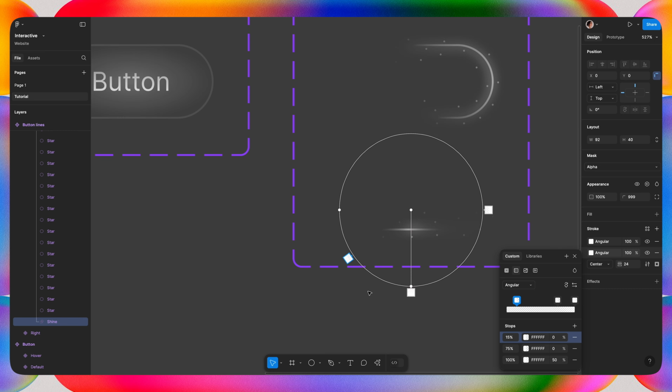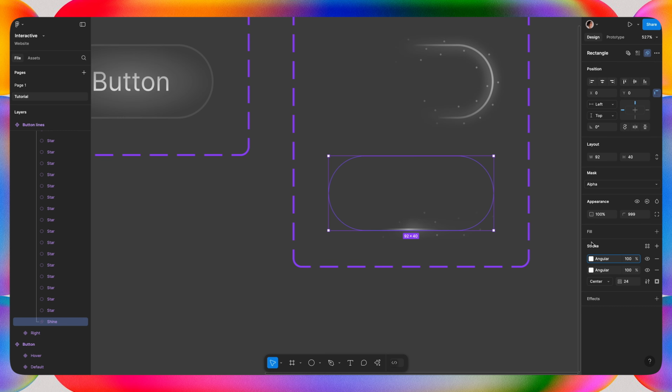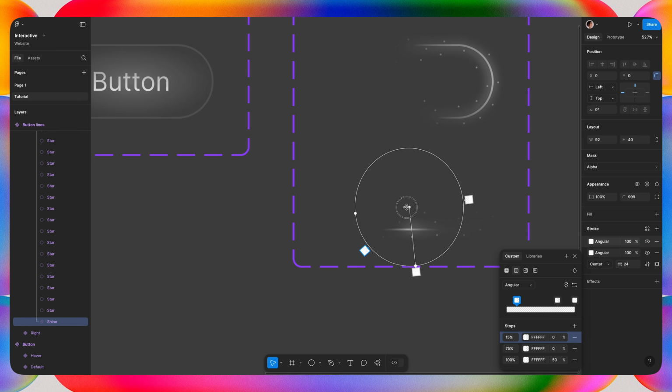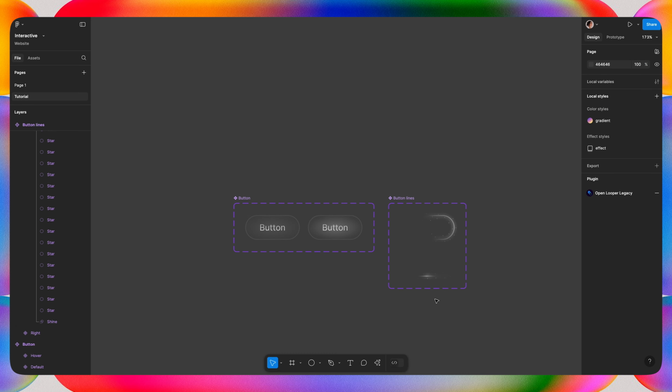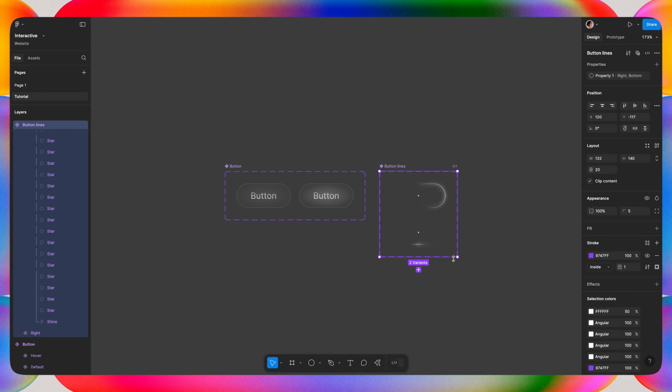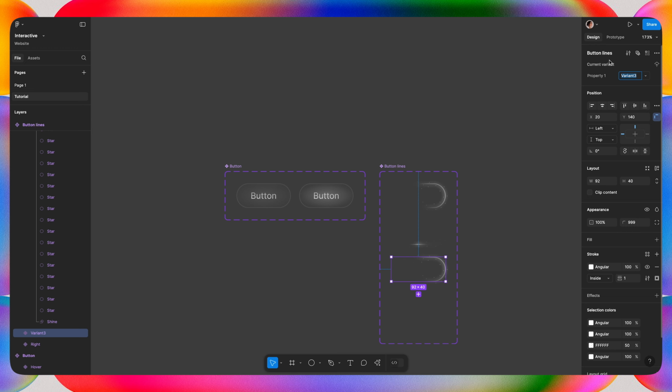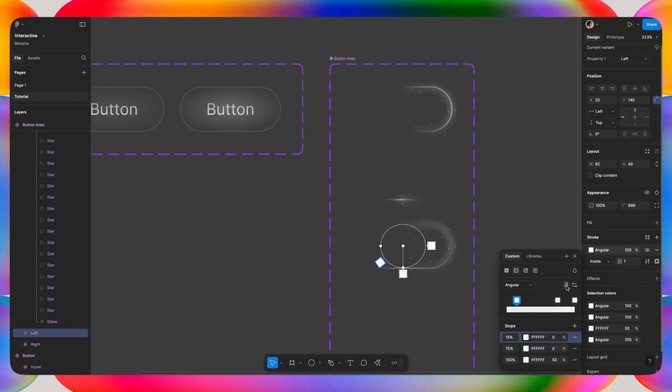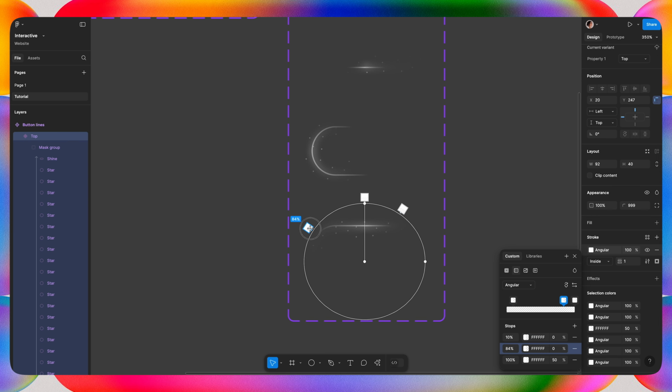Then I'm gonna repeat the exact same process for the left side and for the top side. For the left side, I'm gonna duplicate our right side and then simply reverse our angular gradient. And for the top one, I'm gonna duplicate the bottom one and again reverse the gradient.